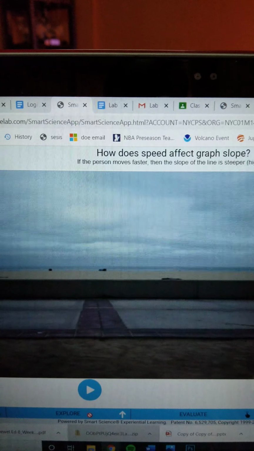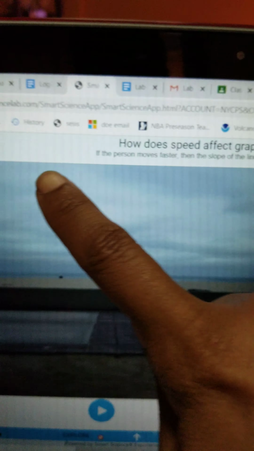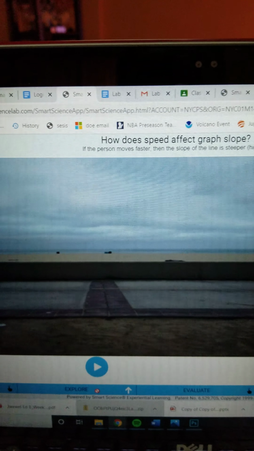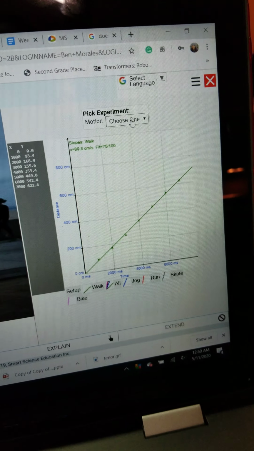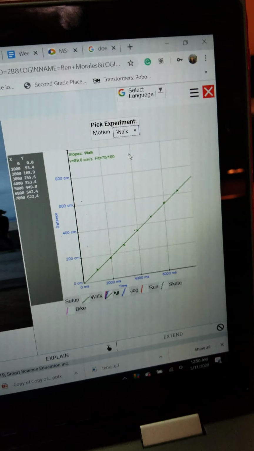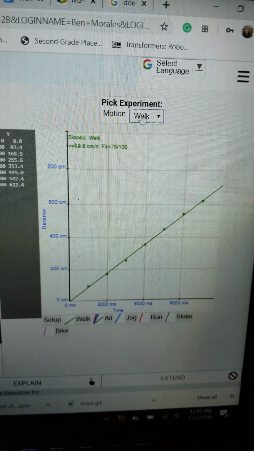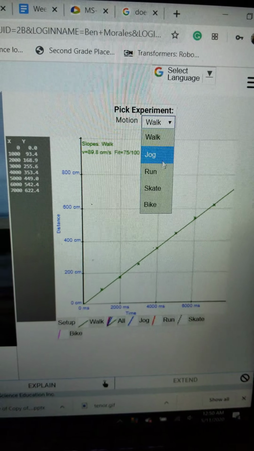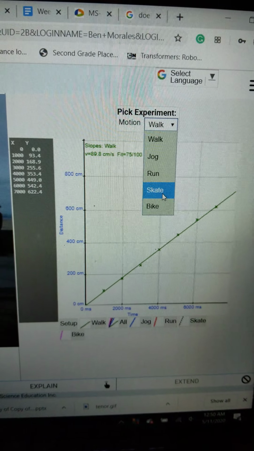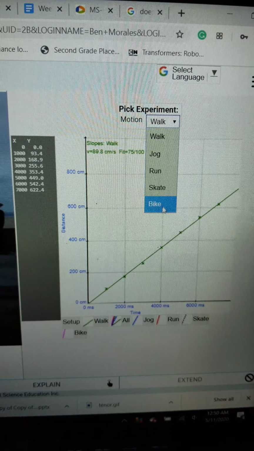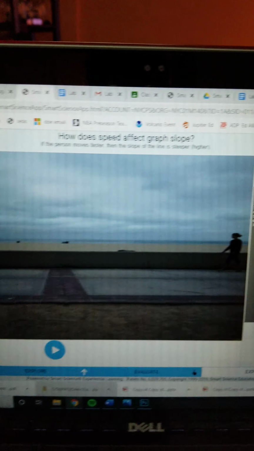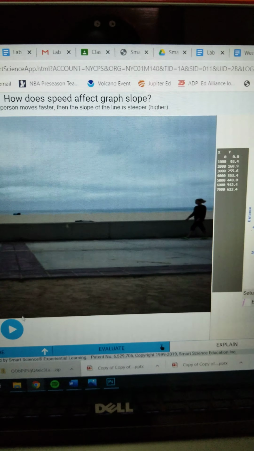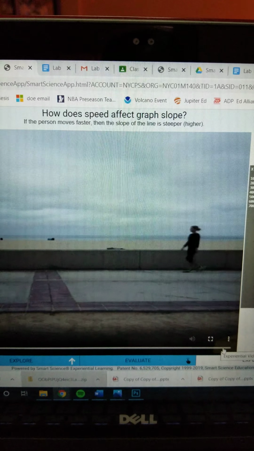Once you click Explore, you're going to get a hypothesis that's going to come up here. You're going to click on one of your hypotheses, and then you're going to click on one of these. The experiment is about motion, so it's walking, jogging, running, somebody on a skateboard skating, and somebody riding a bike. And this lab is actually pretty fun. So when you click on walk, you're going to see the video play, person walking by,